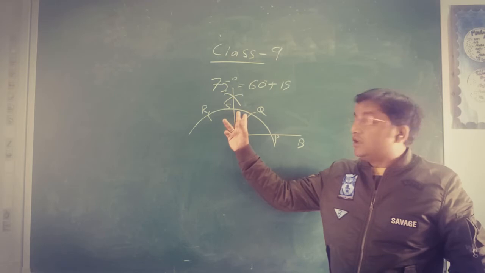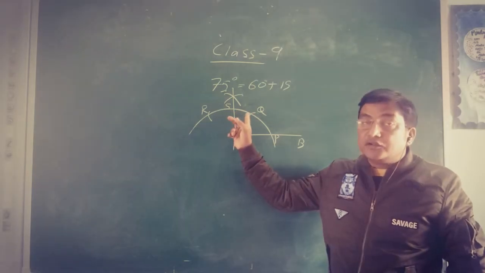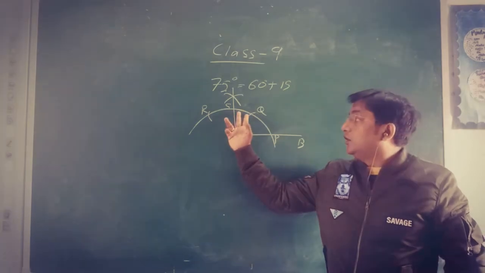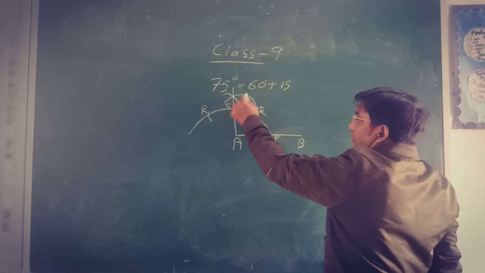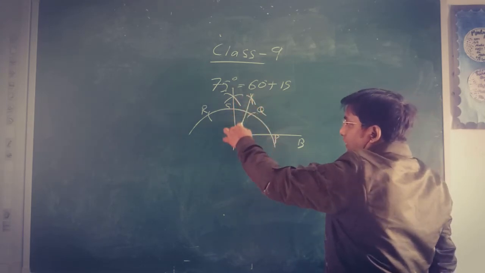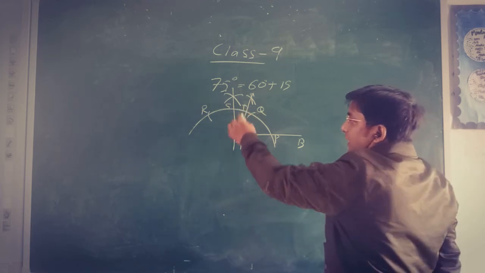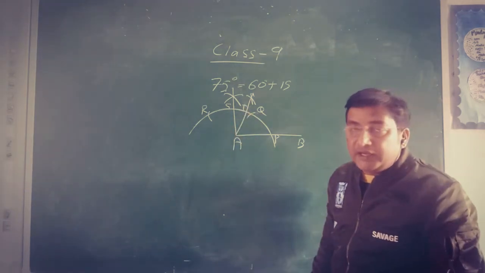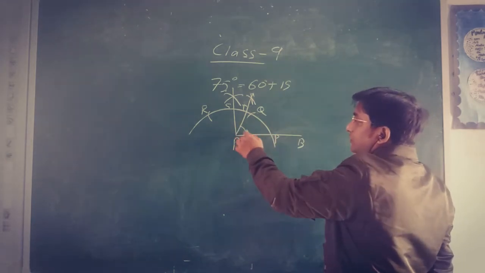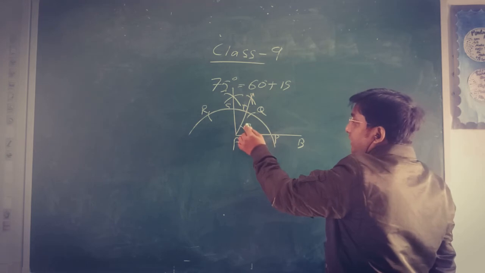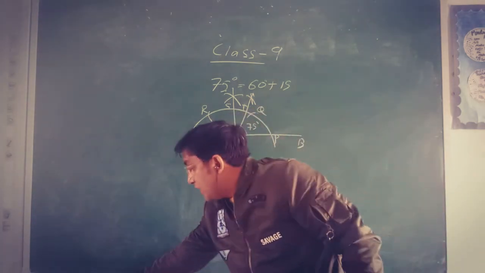I want 15 degree here. So Q to S is 30. Let us bisect this angle. Corner points are Q and S. So from Q and from S, one arc, we get T. This angle Q to T is 15 degree. So the total P to T is 75 degree.